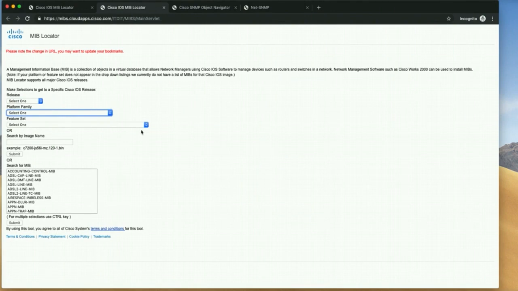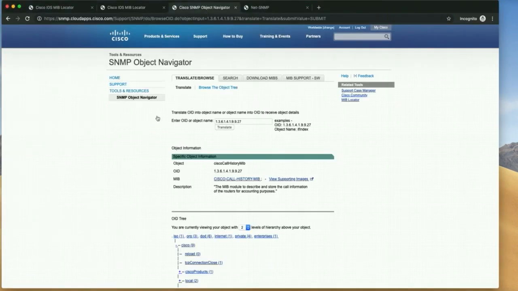And once you download these MIBs, you can open it as a text file, actually. Yeah, and then you can see what is inside the MIB. Other than that, what you can do,